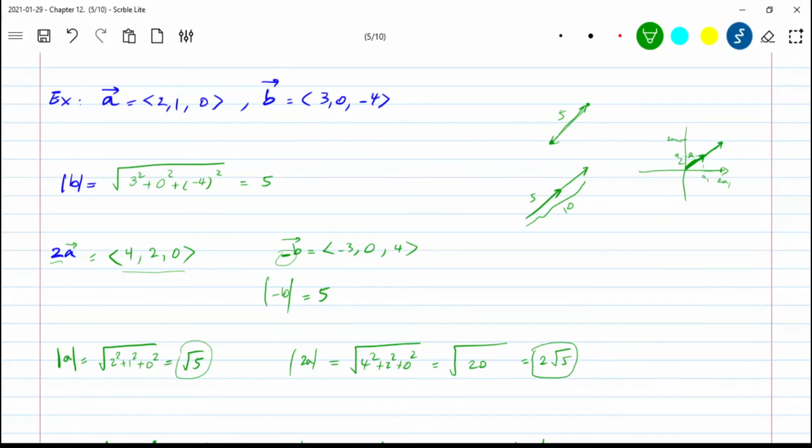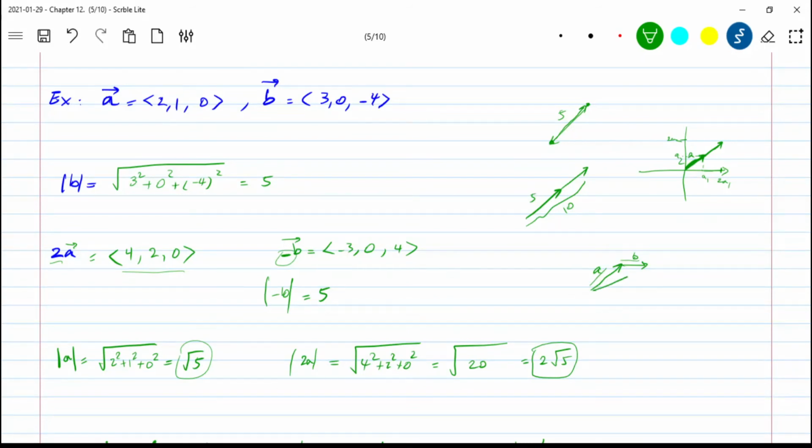So rescaling a vector just rescales the length. The direction doesn't change, it just rescales the length. So if you know the lengths of the vectors already, you can answer these questions about rescaling. On the other side, if you add two vectors, then it would not hold. The lengths would not simply be added to each other. For example, if you have vector a added to vector b, the length of a plus the length of b